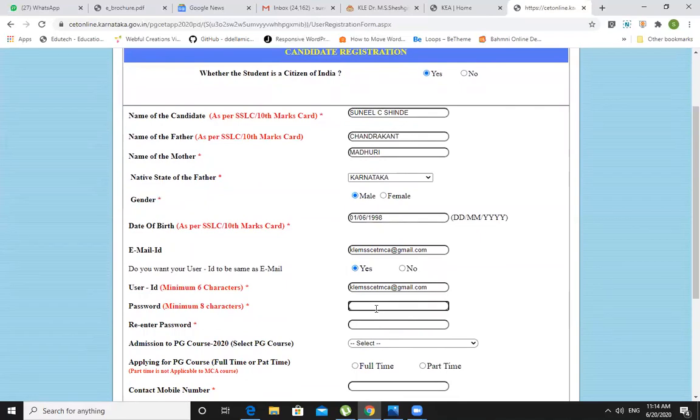The password should be of minimum 8 characters. And basically, it has to be a combination of one capital letter, one special character, and numeric. That is numbers 0 to 9. So I'll choose a password like that one. Re-enter the password here, the re-enter password section.